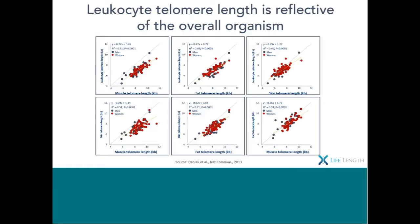Now, the last couple of questions I want to address before we finish with the biology: you will be aware that we measure telomeres in blood, in peripheral blood and white blood cells, leukocyte telomere length. And so a good question that we get asked, or should be asked, is, how reflective are white blood cells of the overall organism? And the answer to that is it's a very good representation, and we know that because many studies have been